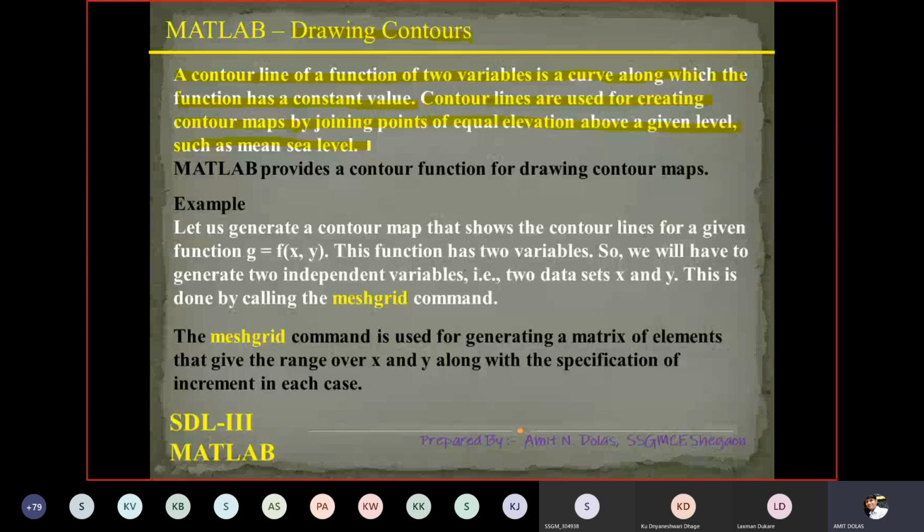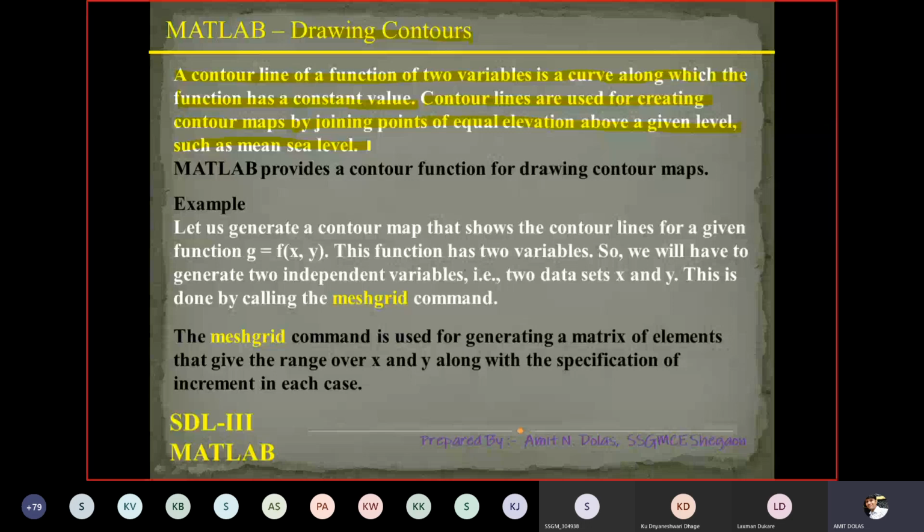So MATLAB provides the contour function for drawing contour maps. Sea level, you know, it varies everywhere. So accordingly, if you have data, you can have a contour map.